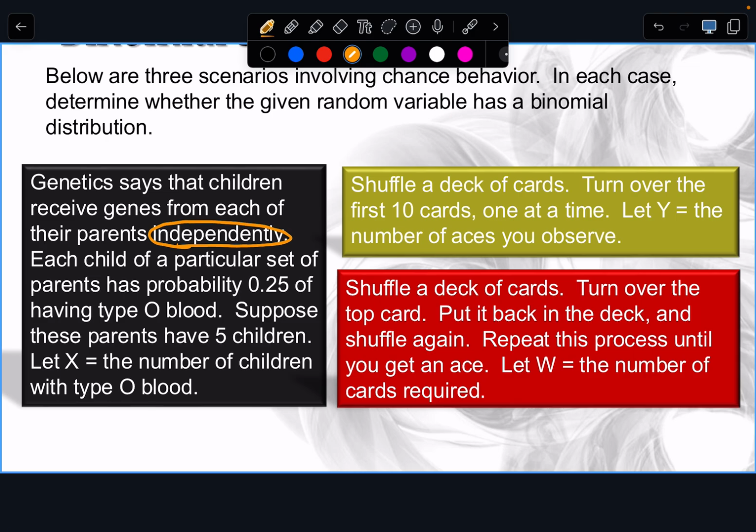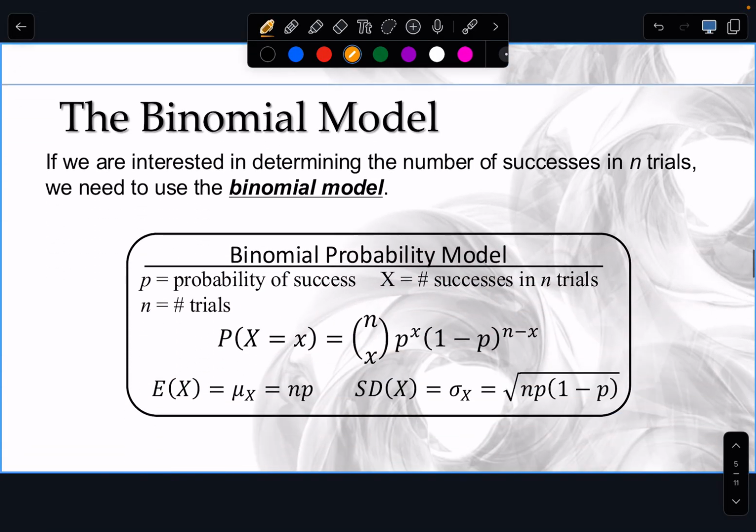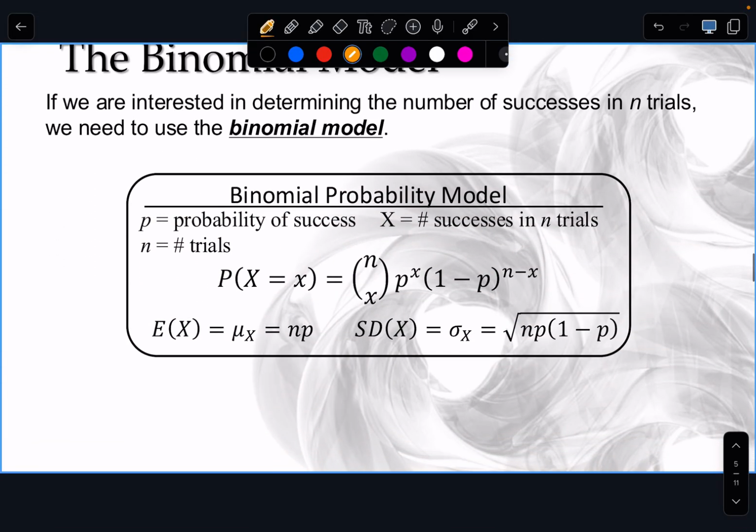So on those first couple homework problems, that's what you're going to be looking at. Based on this scenario, do I meet the 4 conditions? If I do, then it is a binomial variable and I define it. If it's not, I have to comment on which condition fails. Okay? So then when we run into our binomial settings,